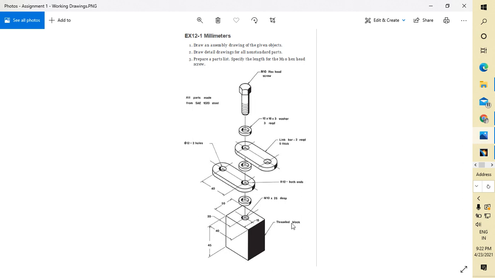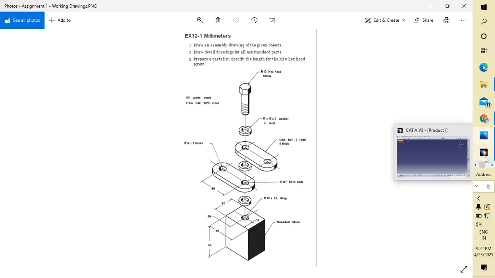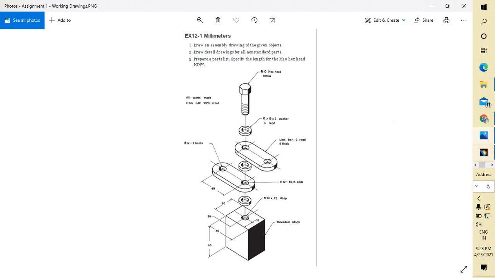dimension. If you have a mobile, then please click this photo, so that we don't have to go frequently to the photo gallery and then see the dimension and then make this video. So in this video I will show you first, and then I will make it. Okay, I already took a picture on my mobile also. So now first of all start from this threaded block. Okay, no problem till now.